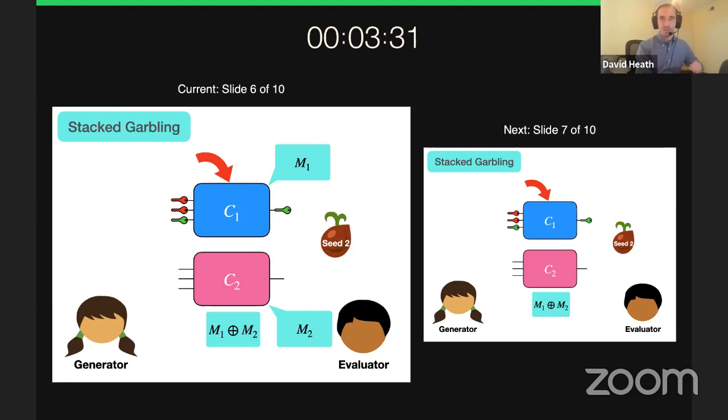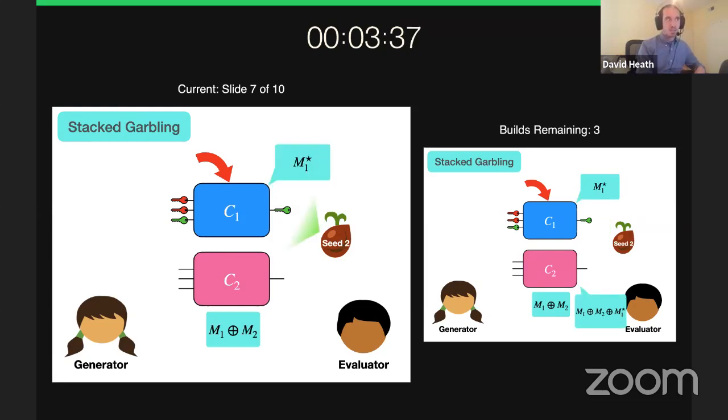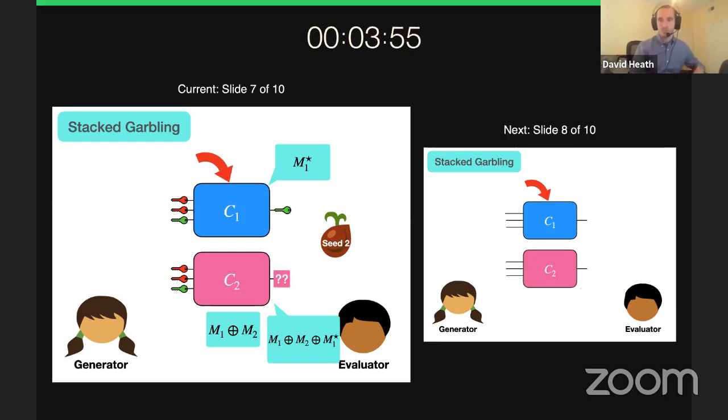By this, I mean that completely symmetrically, the evaluator uses the same seed to also encrypt the first circuit. This does not yield material M1, but instead yields a new string M1 star, different from the encryption built by the generator. Therefore, when the evaluator attempts to extract the material M2 by bitwise XORing, he is unsuccessful. And when he evaluates, he does not arrive at valid output labels, but instead arrives at random-looking garbage that is neither an encryption of 0 nor of 1.